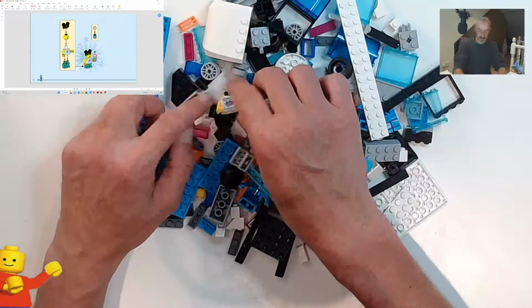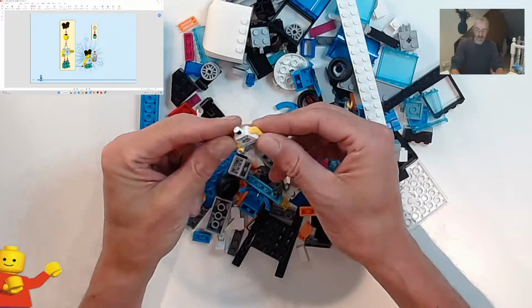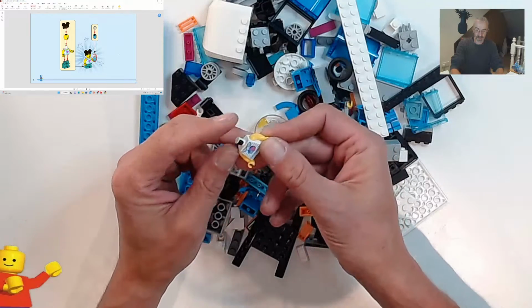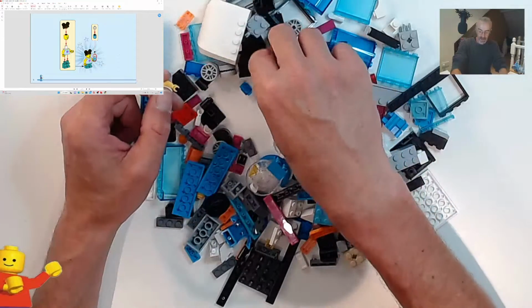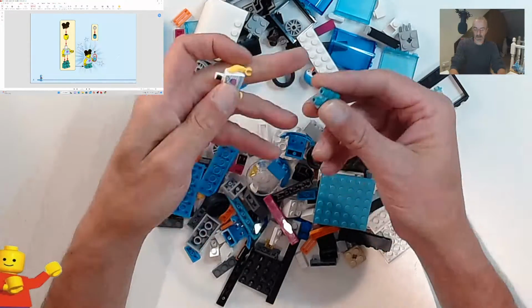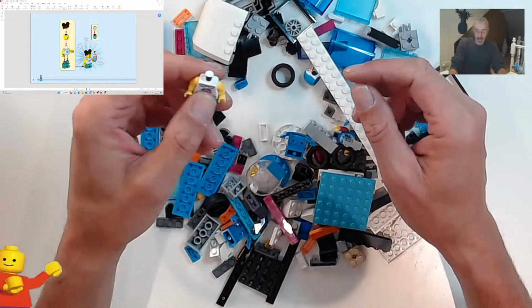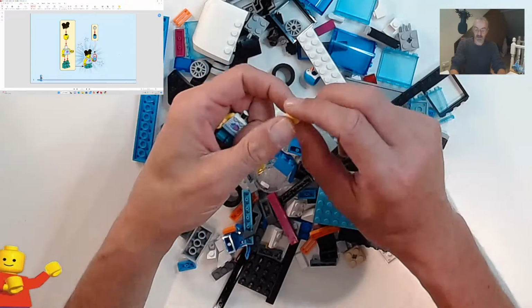So, young lady. Yep, that's her torso there. She's got printing on the front and the rear, which is nice. That's really cool. And she looks like she has short legs, a bit like the Yoda minifigure. So the legs don't move, so I'll pop those in there. And then she's got a head, and the head looks like she's got this really shocked...